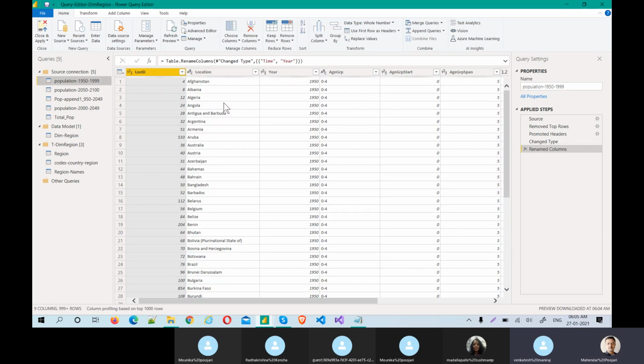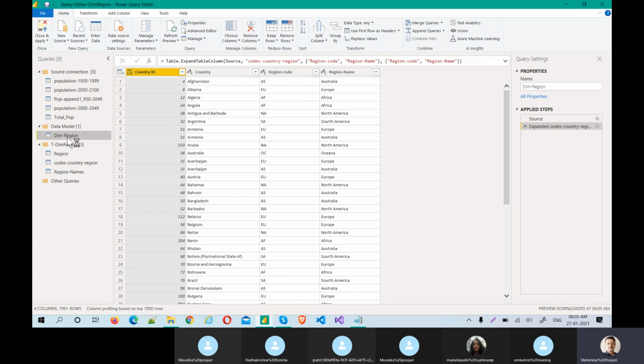So here we are in the preparation of the dim region table. If you see this, there are some issues. Yesterday we saw some blank lines here. I told you we'll fix this today. Why did that happen? So what we have done to create this, guys, be clear, be cautious. This is a little tricky and might confuse you sometimes, but there is nothing to be confused about. That's my promise.